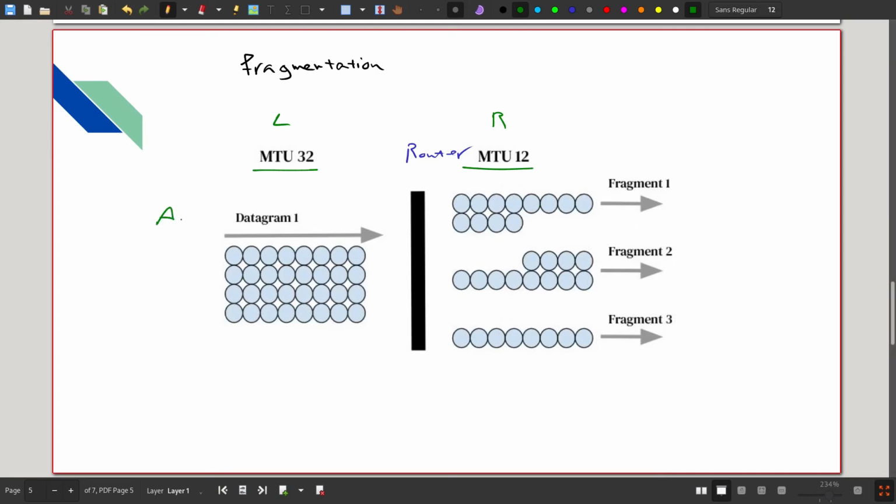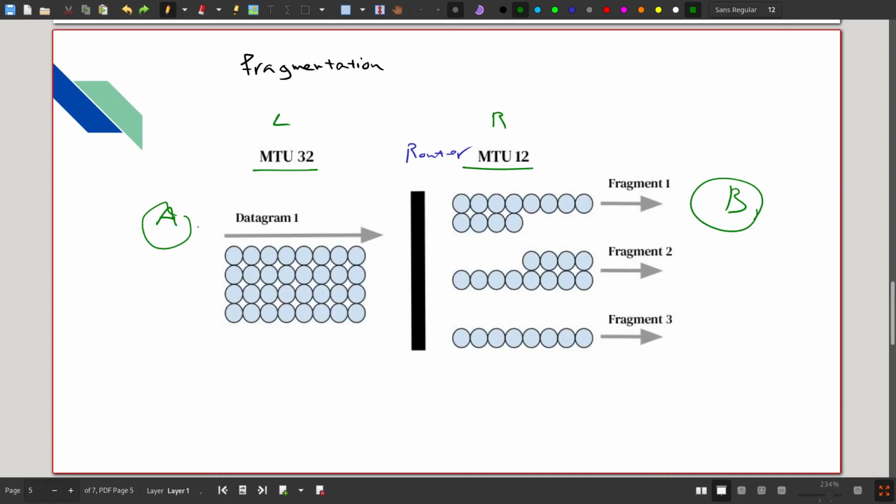Imagine here is A and here is B, and we want to send the data from source A to destination B. And the packet is generated by MTU 32 in source host, and it will be sent to the router with the same MTU, and the router, since the MTU is not 32 in right network,